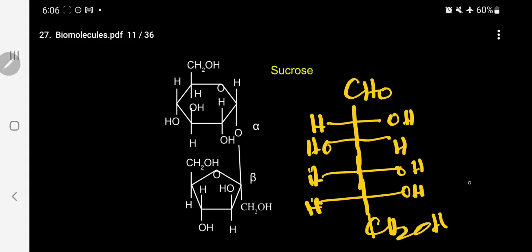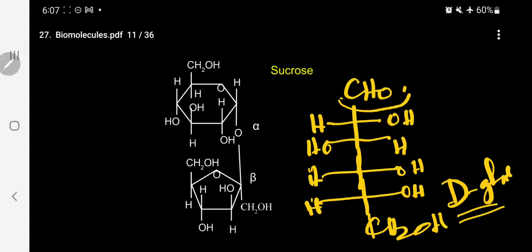So this is D-glucose. Please follow. I am not using alpha and beta. Why? Alpha and beta arise only in the cyclic ring form. So this is D-glucose. Now there is a free aldehyde group. So glucose, if you treat with Tollens and Fehling's, it will answer because it will easily undergo oxidation to gluconic acid. So the corresponding silver nitrate will be reduced, and a silver mirror precipitate is formed.